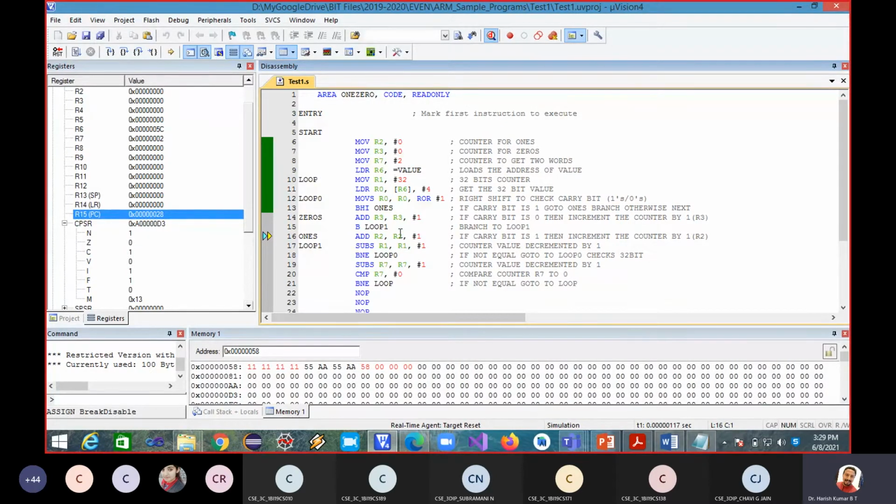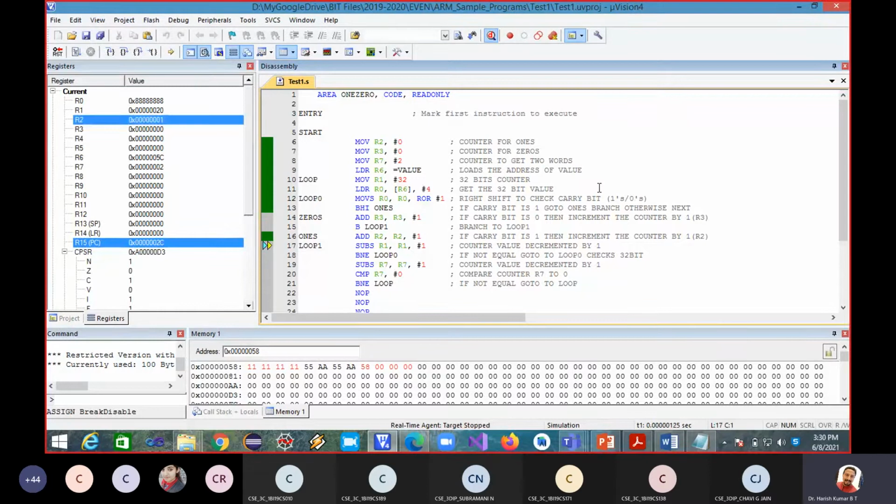This is the statement under execution because we have encountered 1 1, and the count register associated with the ones count must be incremented. Okay, I'm incrementing R2. R2 is right now 0. I'm incrementing it and making it 1 because we have encountered 1 1. See, R2 is incremented.